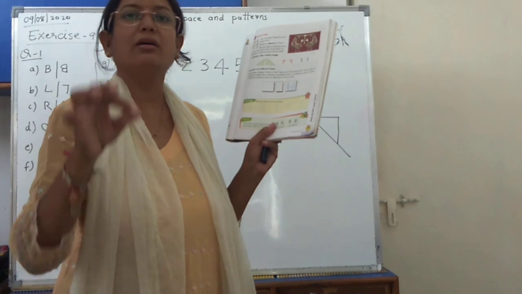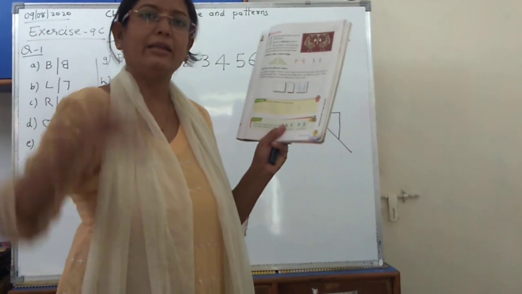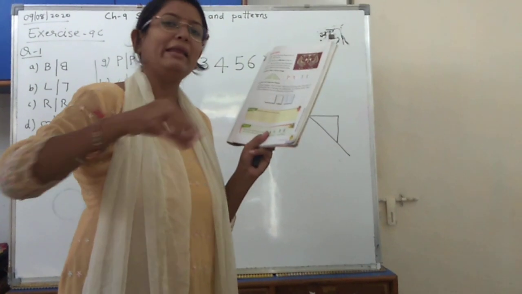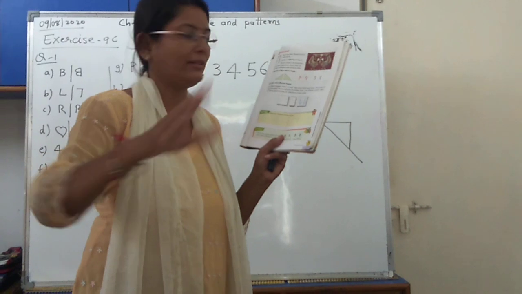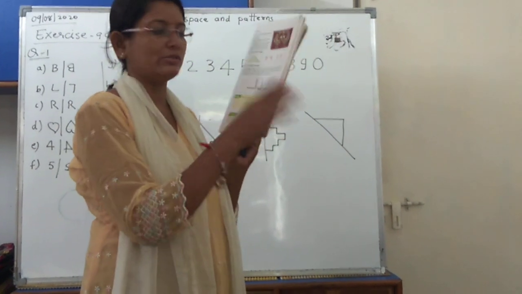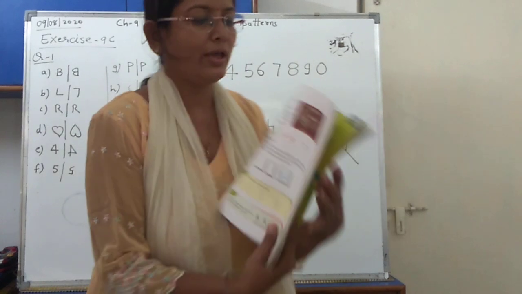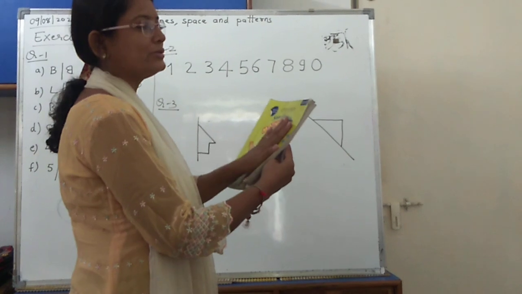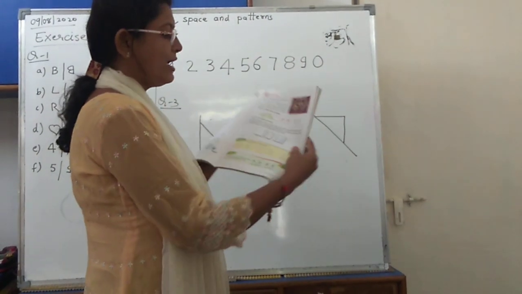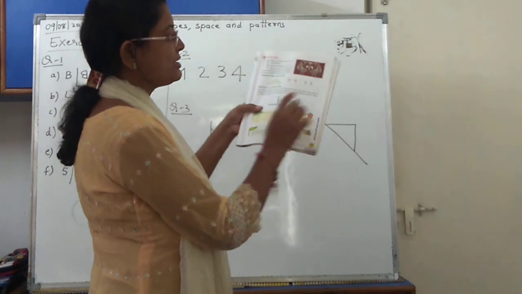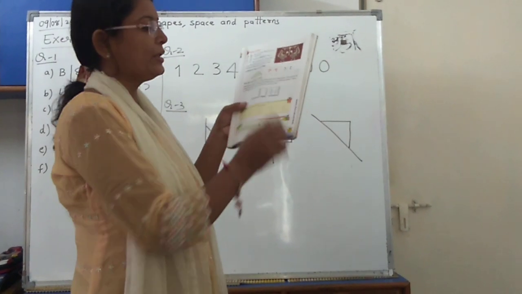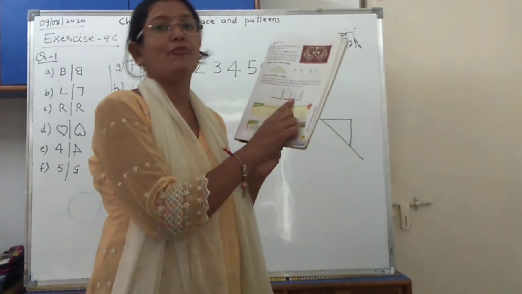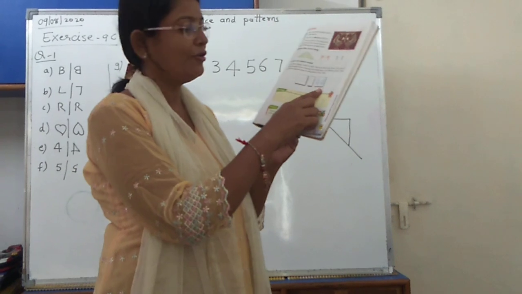Dip that thread in the turmeric, take it out, and open the folded paper, and make any design with the thread, keeping it that way, and then close it. Like this you have to close it. Means if this is a book, I am keeping the thread in between, then closing it. This is the folded part. Then if you open it, you will be able to see a picture like this. Try it by yourself. This is called reflection of each other.